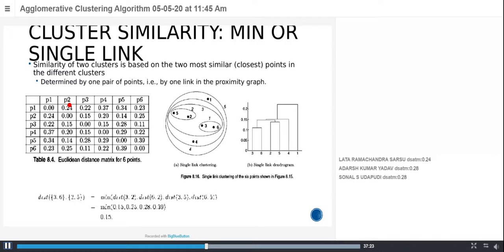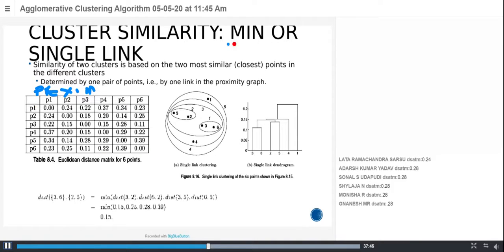Then you can easily understand what these values represent. Based on the sample data given, we have applied the Euclidean distance formula in order to calculate the distance between each pair of points here. This is what we call a proximity matrix. Fine. Thank you for your answers.